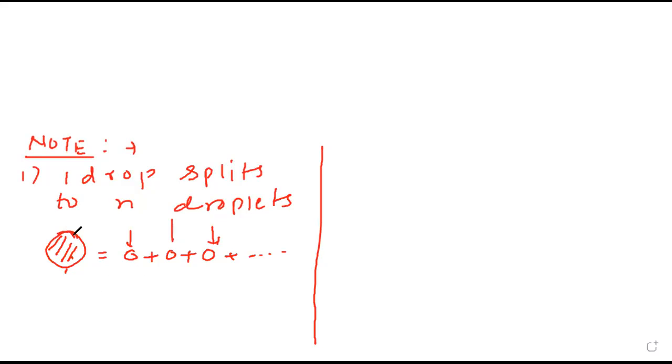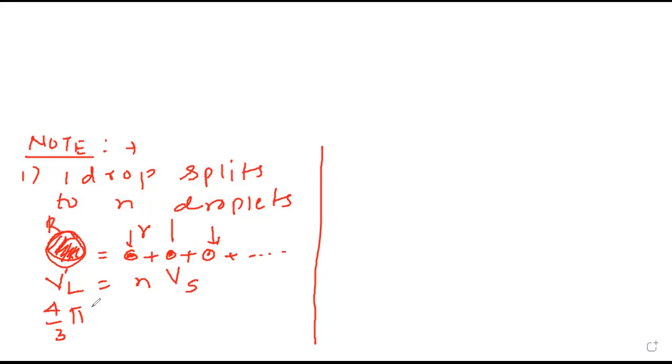Volume of this bigger drop of liquid which splits into smaller droplets. So volume of the larger and the n smaller, are they the same or different? Same, because it is a liquid. Just like if I take a container of 1 liter and take out one milliliter, the volume will remain the same. So if this has radius capital R, this has radius small r, so the volume of